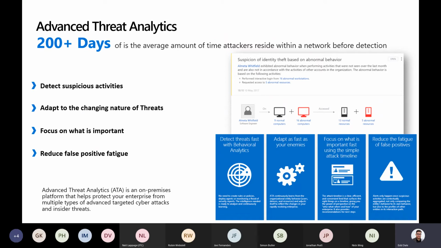As you can see at the top of the screen, 200 plus days is the average amount of time attackers would reside within infrastructure before they're detected. And obviously, this is a terrible thing. There's been examples of when this has happened. Some of you remember a good